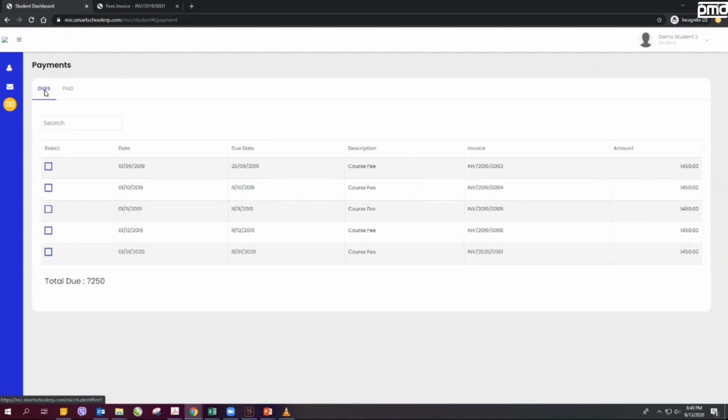And in case of fee payment, so the main highlight of this web portal was to incorporate, instead of students sending the screenshot through Viber message, what they can do now is they can upload the payment slip after they have done the bank transaction through this web portal. For example, let's say if the student wish to pay for this particular installment, they can click on it and then click on upload receipt.